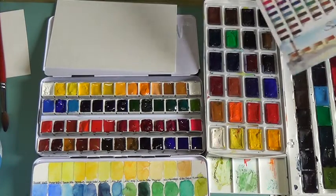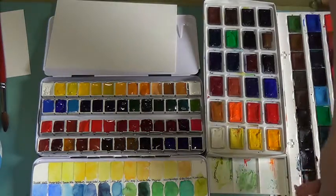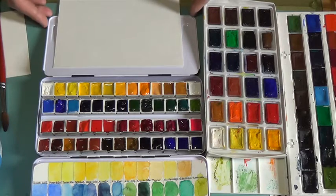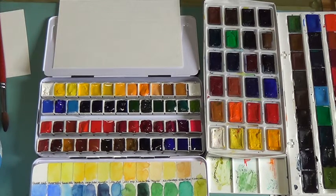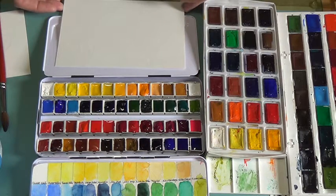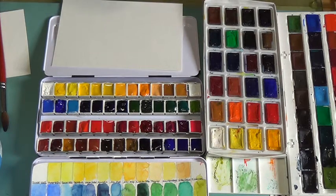Today we're going to talk about watercolor paints. As I mentioned in my last video, I was able to buy 100 half pans for £17 from an English company called The Paper House, and I was very excited about that. It enabled me to fill my